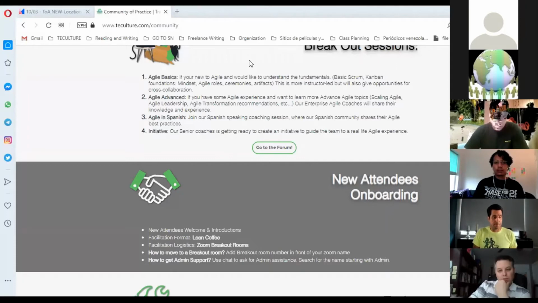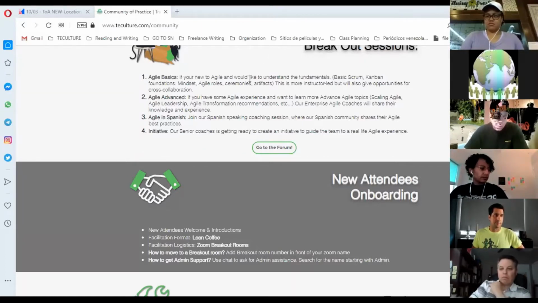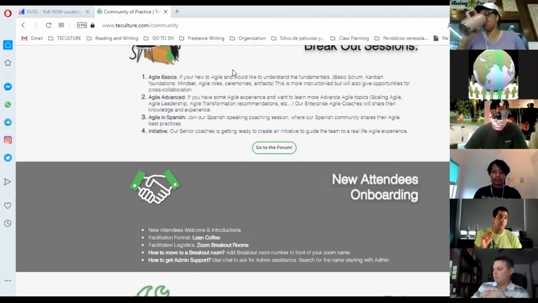You hover with your mouse there and click on more. When you click on more, then you click on rename, and you put a number right in front of your name. So again, click on participants, hover over your name, click on more, and hit rename. And you just put a number in front of your name.